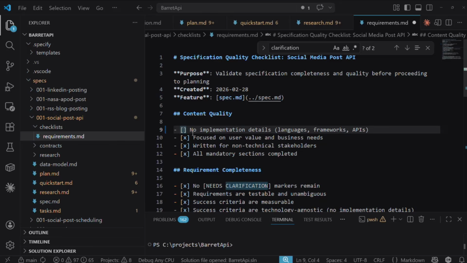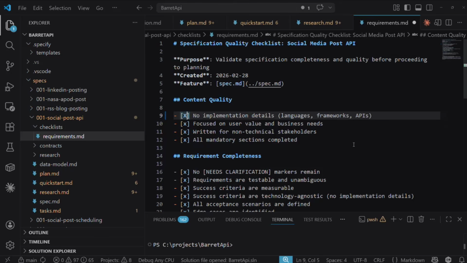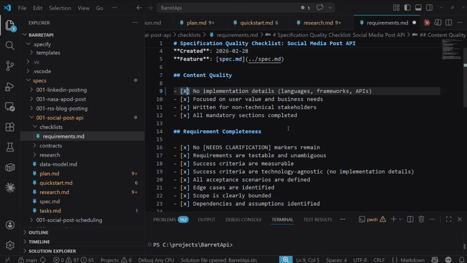It is smart enough most of the time to figure out what things it has accomplished itself, so it'll check them off automatically. But sometimes you might need to come in and review and say, okay, that's actually done, and check it off yourself. So those are the things that might get generated.